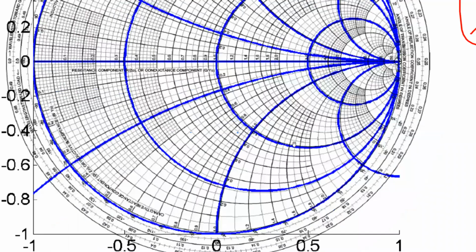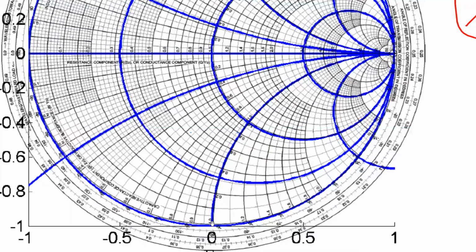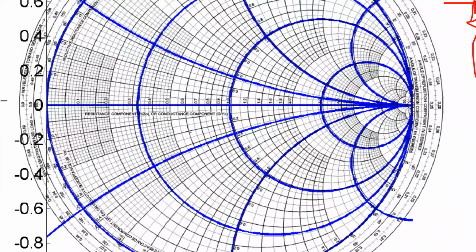Then if I check any other value, here it is 1. This line, which is associated with the reactive components, will give you a value of 1. That is what is being displayed here also and here also. This one is associated with 0.9. So these are a few things to note down in these aspects.